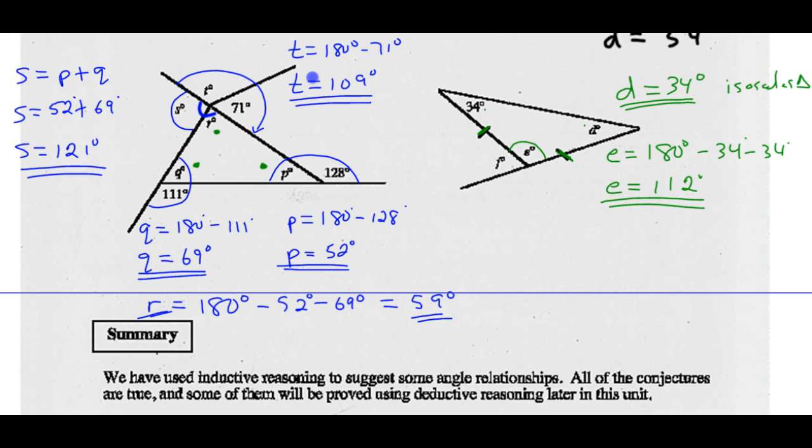And finally, angle F. Well, we could say angle F is an exterior angle, and we know the angles that are opposite interior. So F should equal the sum of 34 plus D, and we figured out D was also 34. So F is 34 degrees plus 34 degrees. So F should be 68 degrees. All right. So we found all the marked angles. So in summary,